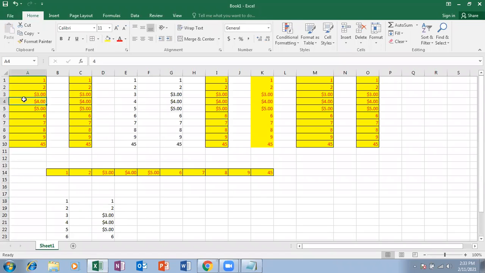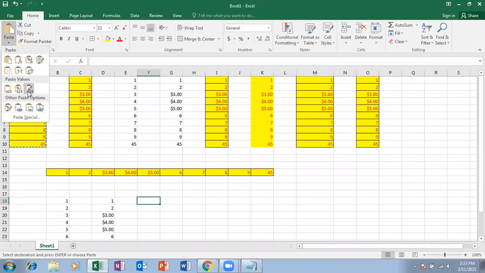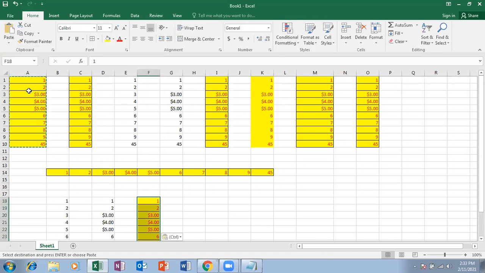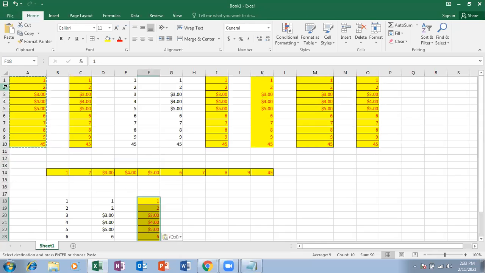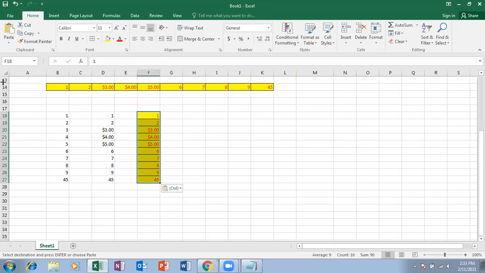Again, copy this, paste as values and source formatting. So whatever the formatting is there in the source, the same formatting, say the background color, borders, okay, and currency format, everything, but without formulas. And column width also will not come.